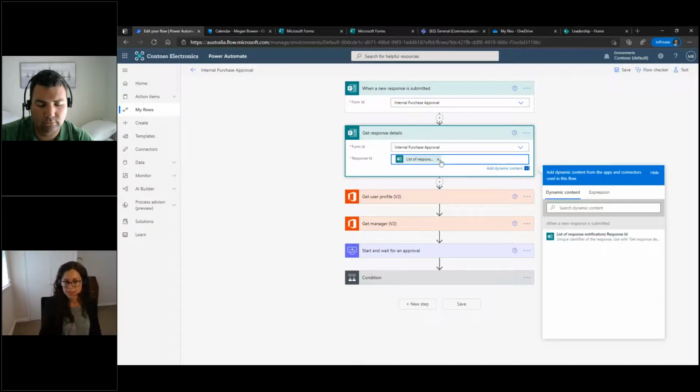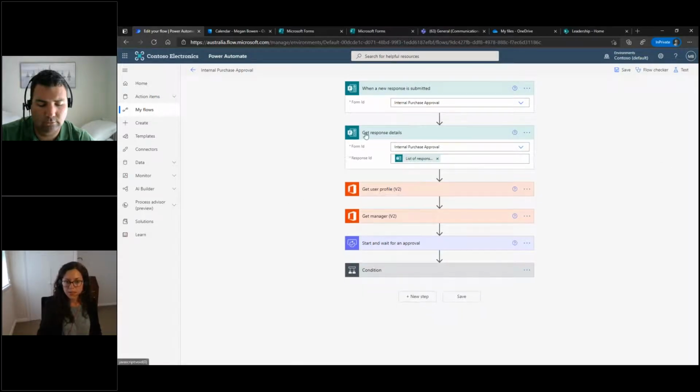So we know that the response ID that we want to get the details for is what we want to pop into there. Each time we run one of these boxes, we get a whole other set of information that we get access to as well. So a lot of the times these are just getting data that we can then go and do an action on. So I won't drill into the next two, but essentially what they are is they're getting the user details,